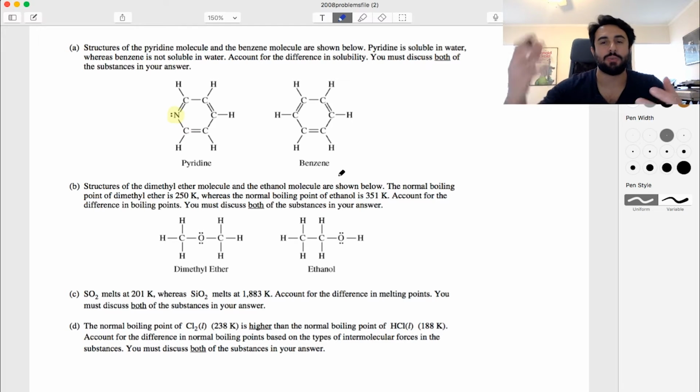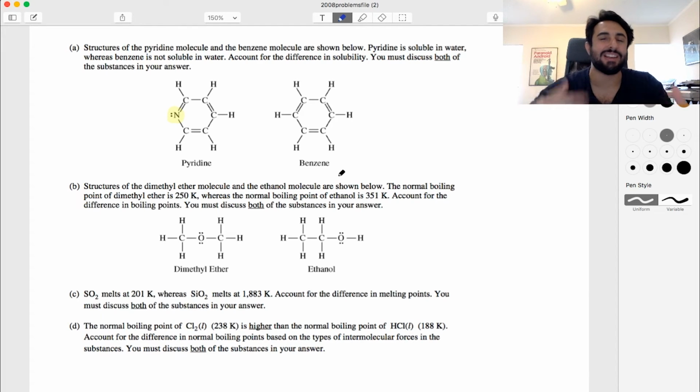The only things that will dissolve in water are things that can interact with water, that can make dipole-dipole interactions or hydrogen bonds or something like that. And benzene can't do that. Benzene's a hydrocarbon, right? So this is non-polar. It has a pi system of molecules, but that's not enough to get this to be water soluble. Whereas pyridine can do this,